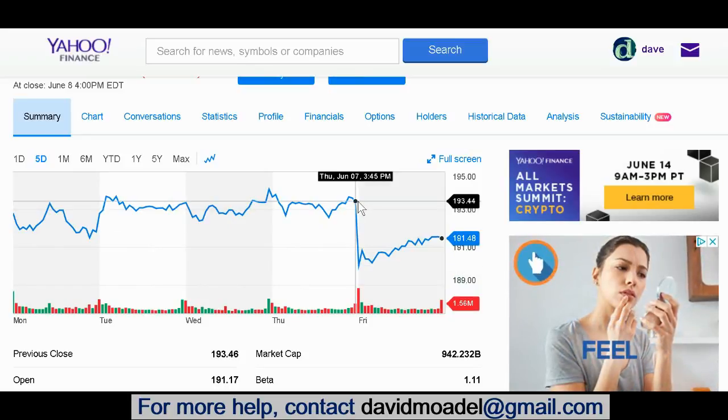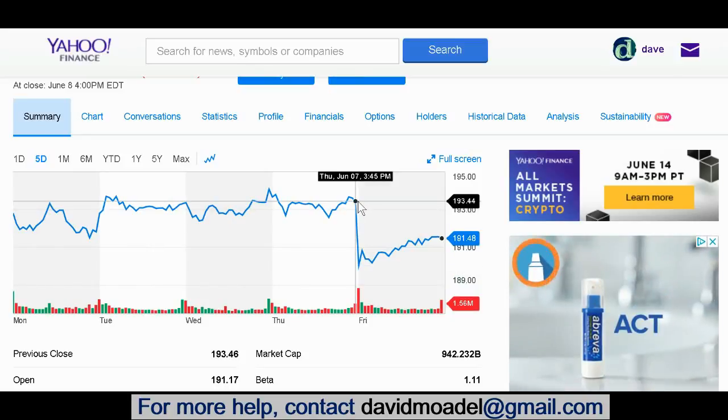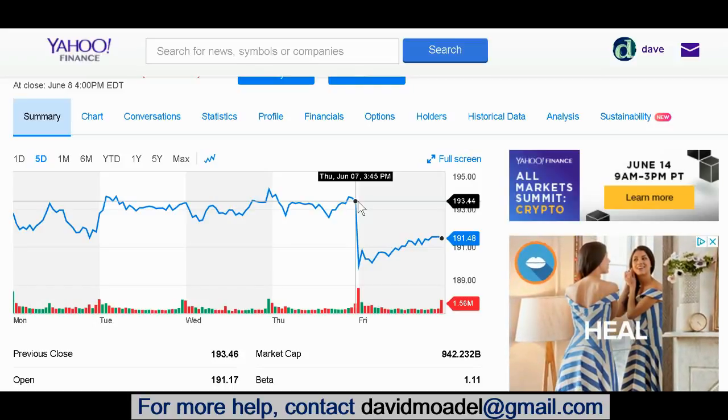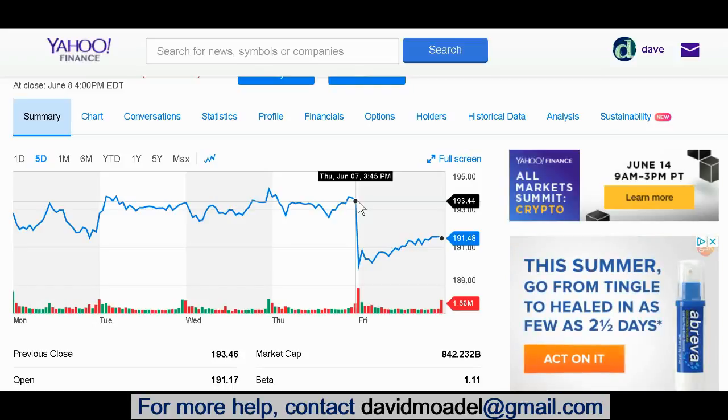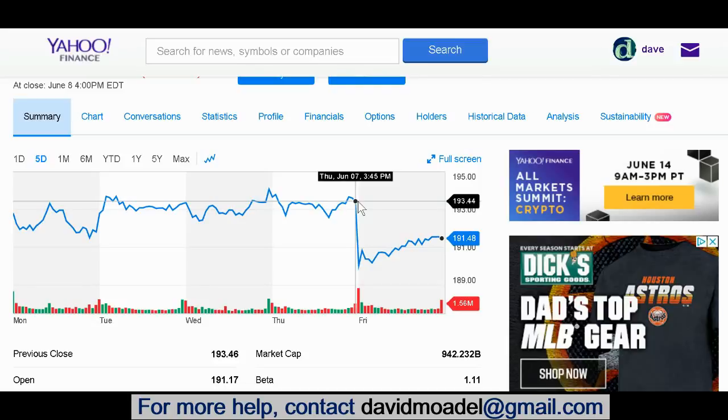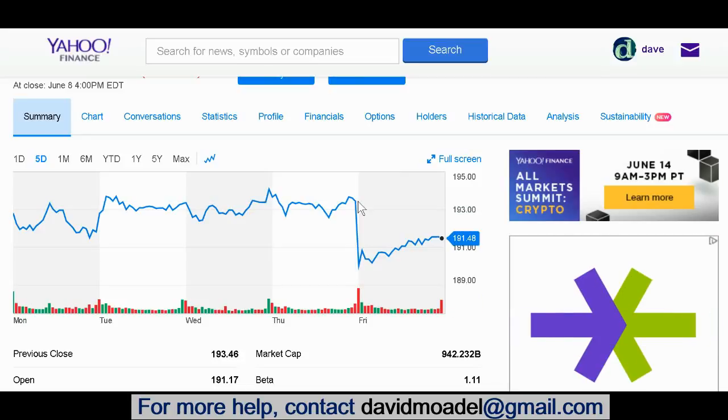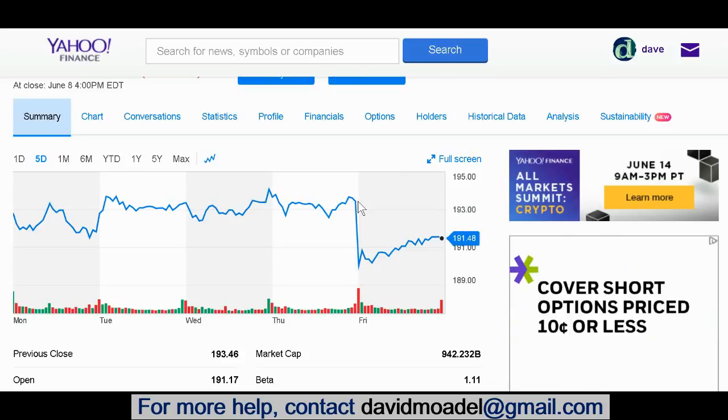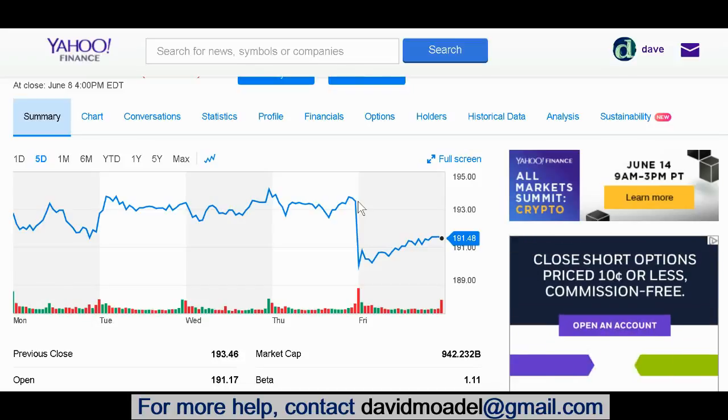But then here's the end of the day on Thursday, the end of the trading day at 4 p.m. Eastern Time. Just because the regular trading session ends at 4 p.m. Eastern Time on the New York Stock Exchange doesn't mean that all trading halts completely. It is possible to buy and sell shares of Apple stock and certain other stocks after 4 p.m. In fact, a lot of people trade until 8 p.m. Eastern Time, and that is known as after-hours trading.